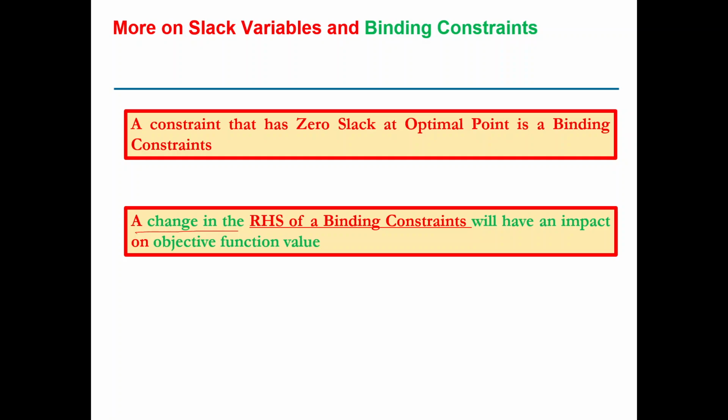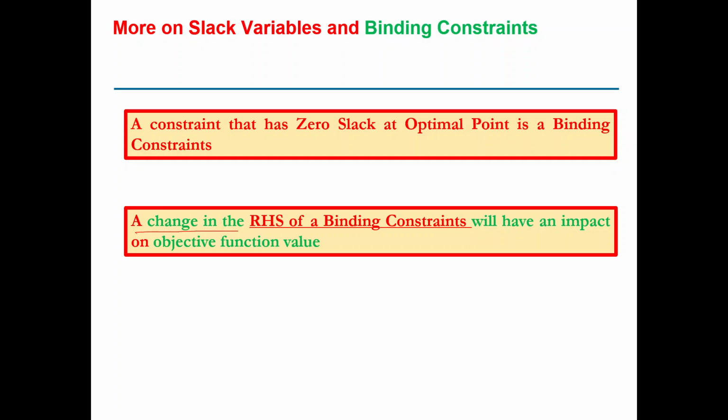Why? Because, as we discussed, if a constraint is binding, that means there is no slack in it. So if we change the right hand side of that constraint, let's say we add more resource to it or we reduce the resource,